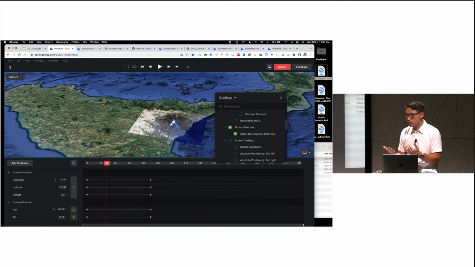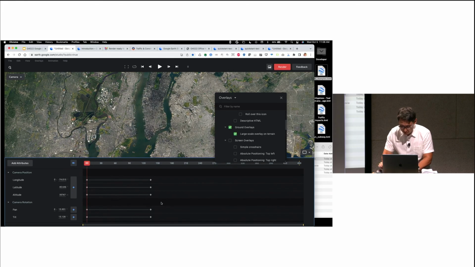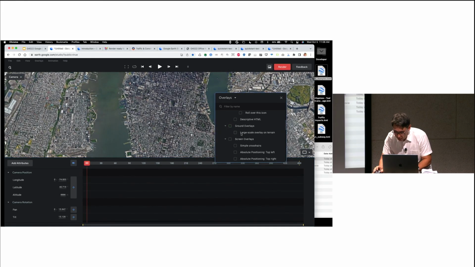You could drape it on, create a ground overlay and position it, and then export it out of Google Earth, bring it into Google Earth Studio, and you can make an animation. So what else? Other things that we support, paths,